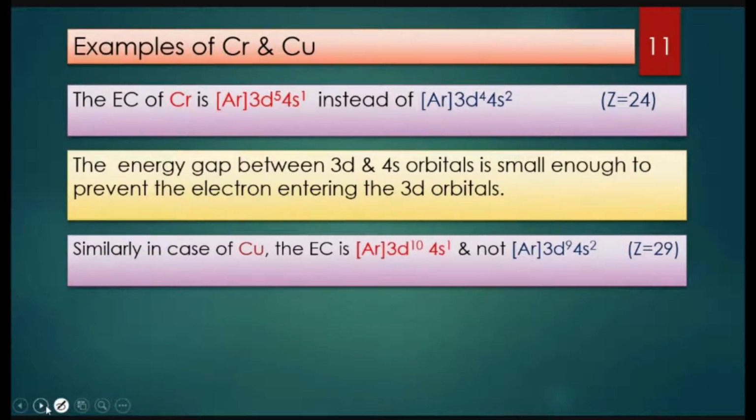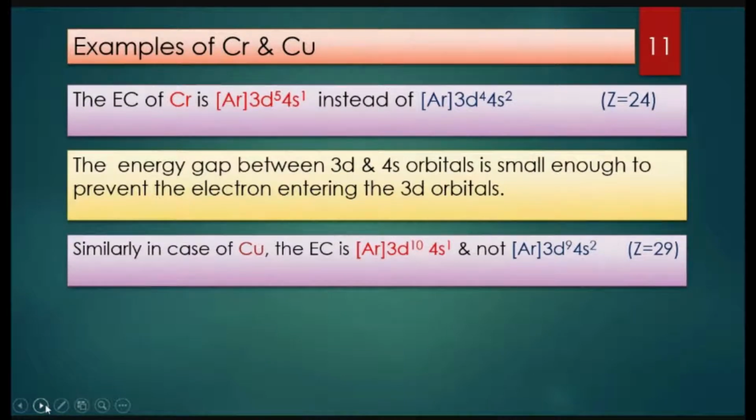4s1. Now you carefully observe both the cases, both chromium as well as the copper. So one electron is being shifted from 4s orbital to the 3d orbital. In case of chromium, we had seen, when there is a shift of one electron from 4s orbital to the 3d orbital, we have obtained the electronic configuration as argon core 3d5 4s1. So you know that in d orbital maximum 10 electrons can be accommodated, right? So then what we have obtained here, 3d5, is exactly half of its capacity. What I mean to say here, chromium has got half filled 3d orbital.